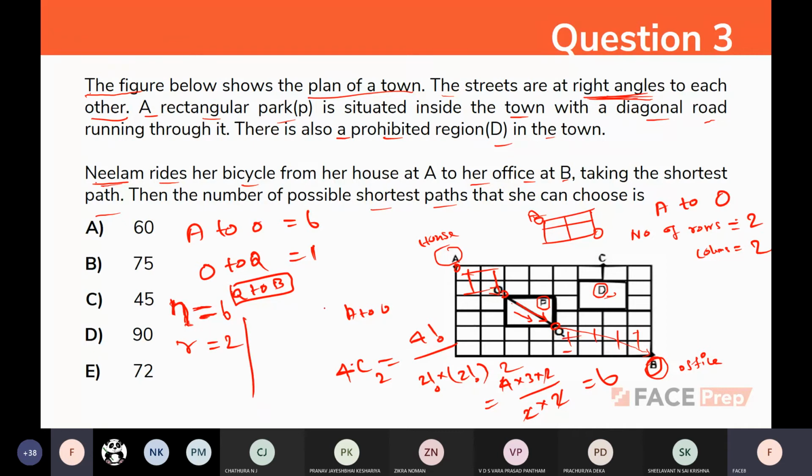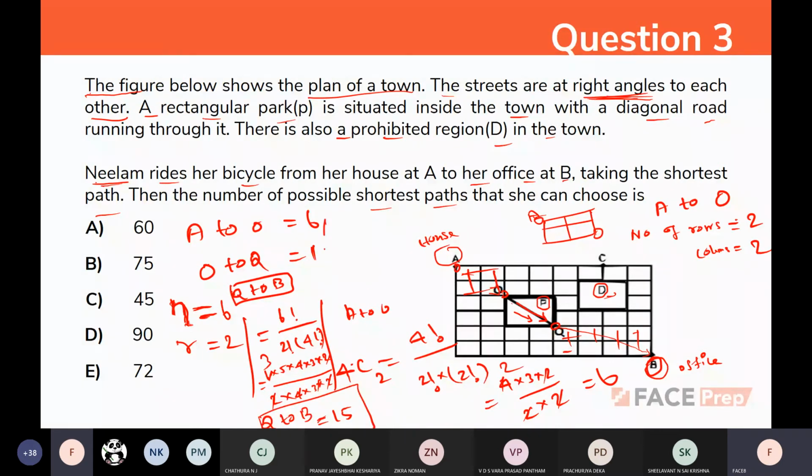Okay, so like that we can apply it in the formula. N factorial will be 6 factorial divided by 2 factorial into 6 minus 2, which is 4 factorial here. So 6 into 5 into 4 into 3 into 2. We can cancel 4 factorial from the factorial. I'm writing it for your understanding only: 4, 3, 2. So the answer will be 15. Any doubt, Pa? Someone unmute yourself. So Q to B will be 15.